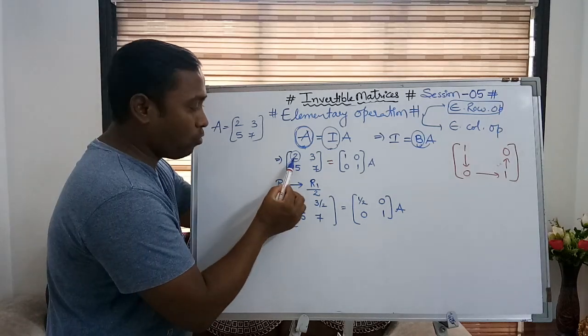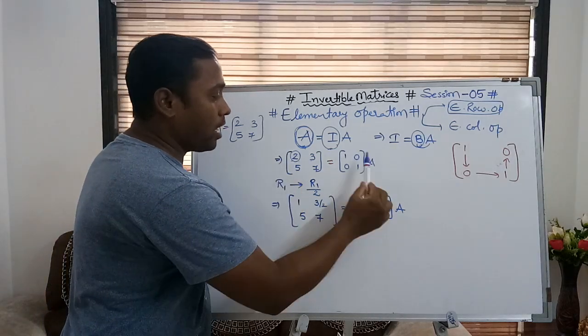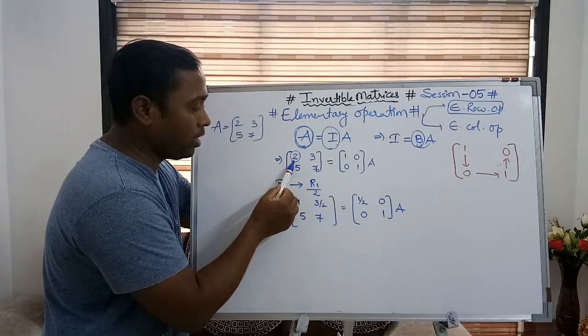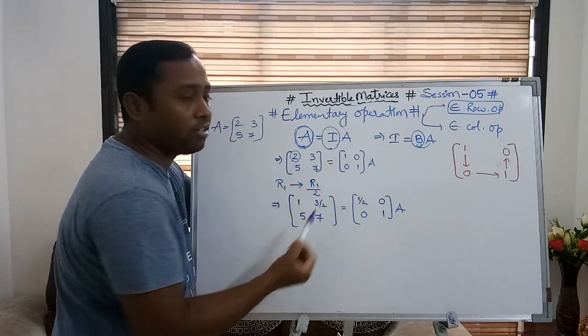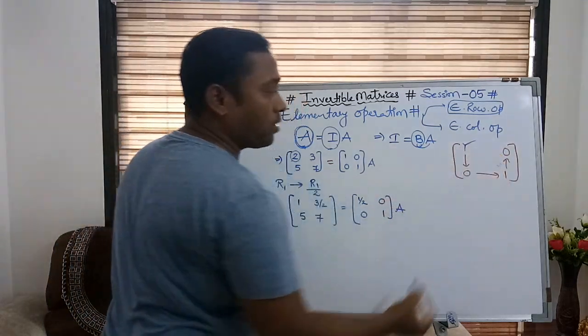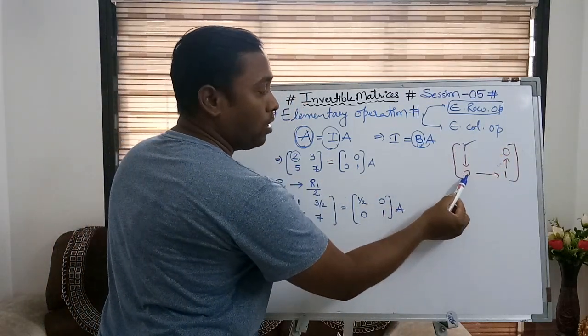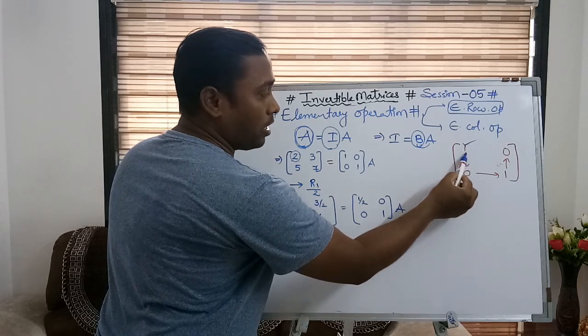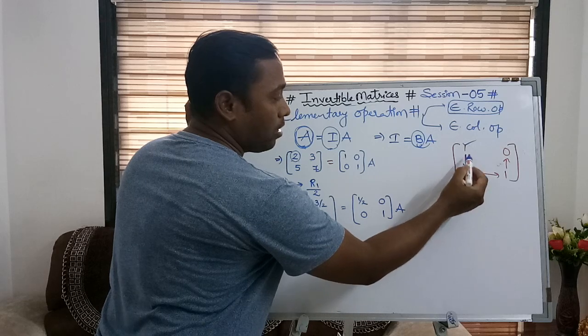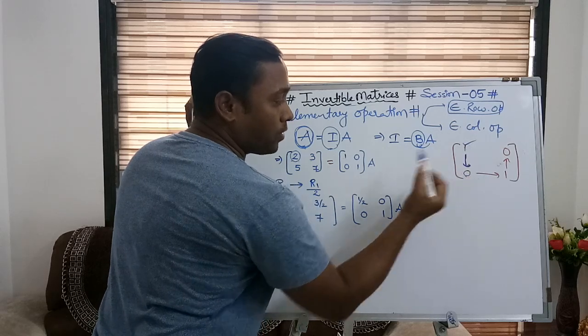What I did is, I required 1, so I divided the entire row by that constant. If I need 1, I have to divide by the same constant to get 1. Once it is done, my first target is done. So what is the next target? I want 0 here. I have made arrows here; please follow the arrows. After making 1, we are looking for 0.